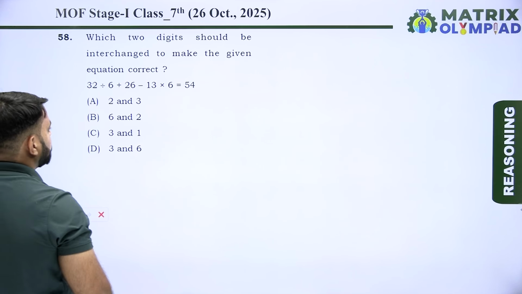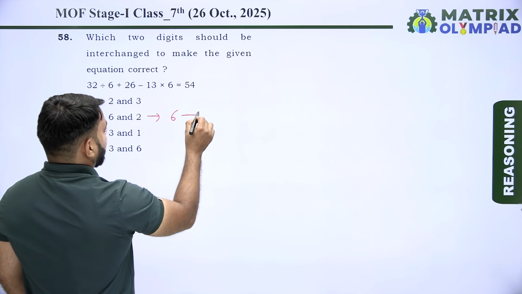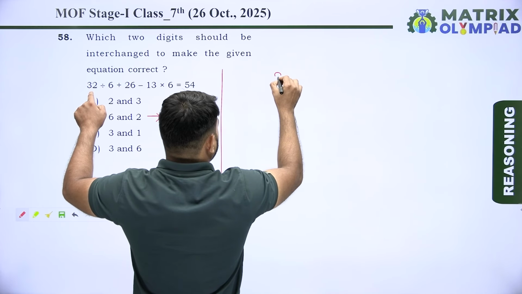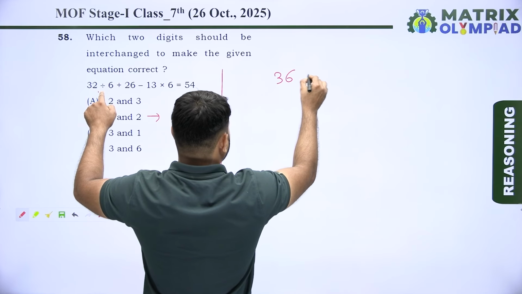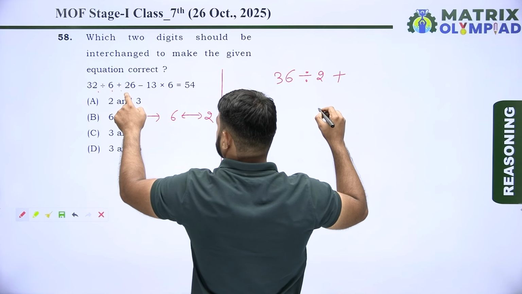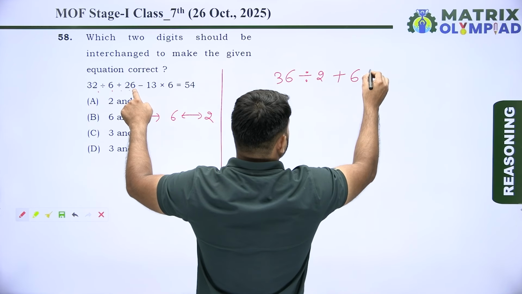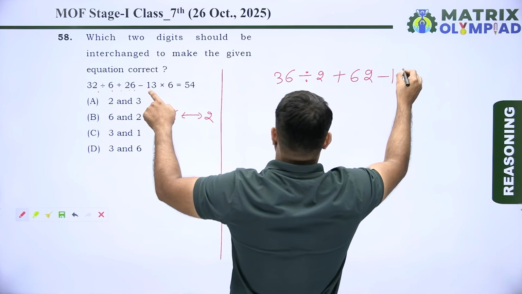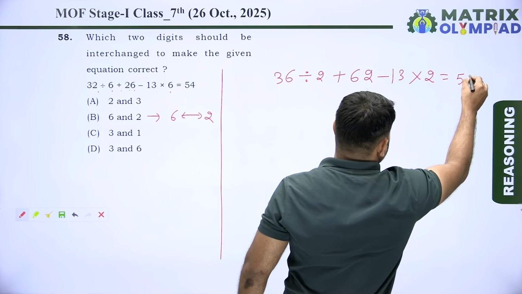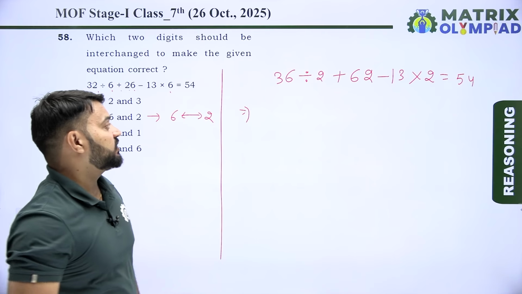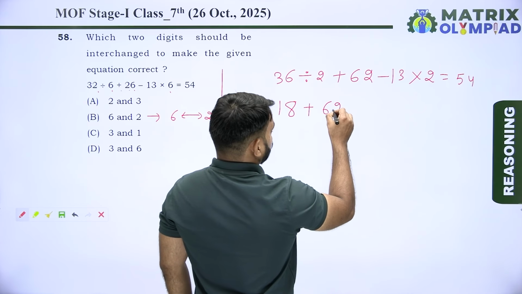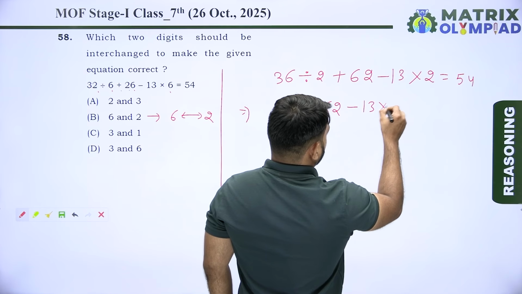So now according to option B, interchange the 6 and 2. So the equation is 36 divided by 2 plus 62 minus 13 into 2 is equals to 54. Now using BODMAS rule in this equation, 36 divided by 2, it means 18 plus 62 minus 13 into 2 is equals to